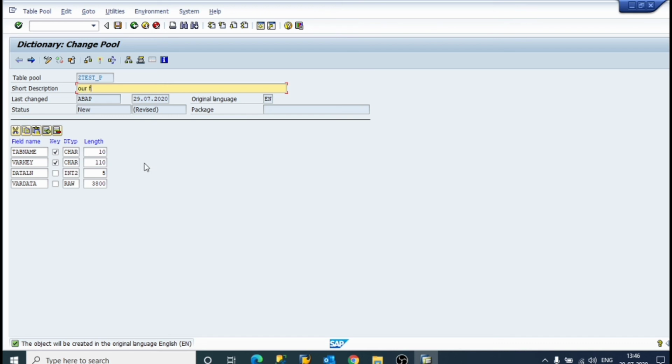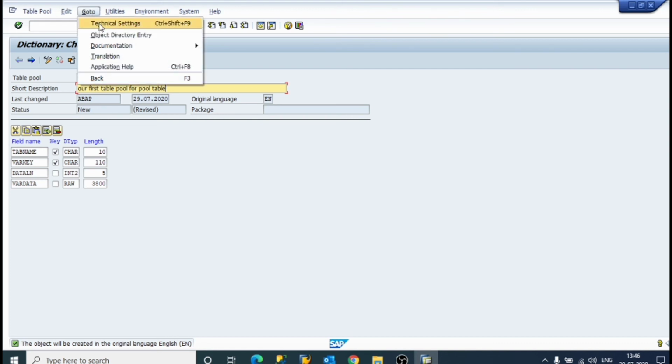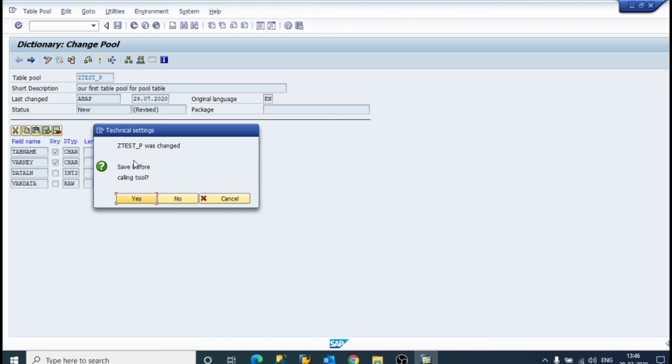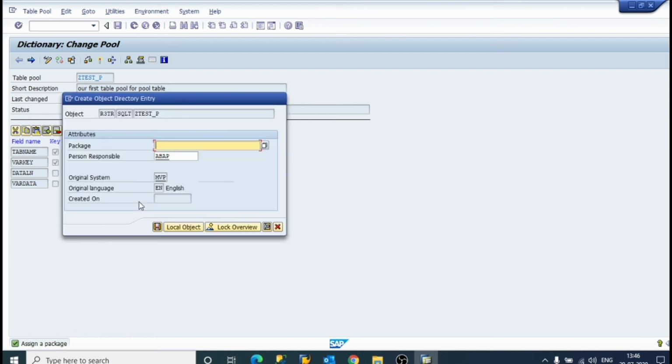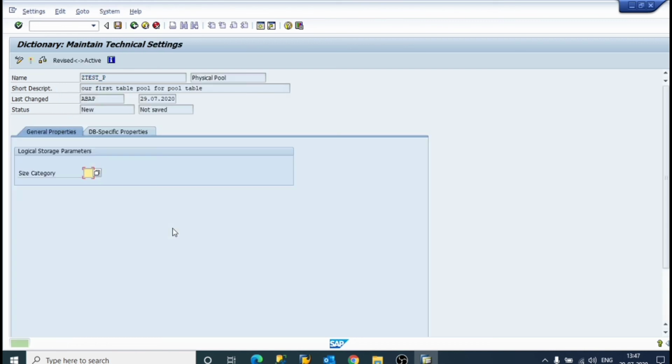Our first table pool for pool table. Yes. Now just click on go to technical settings, save before, yes, then click on save, yes. Package we will save it as local object.